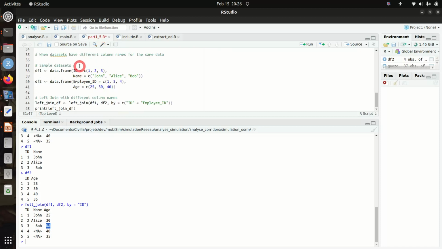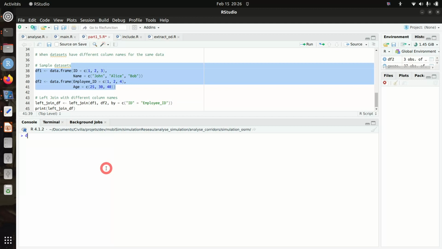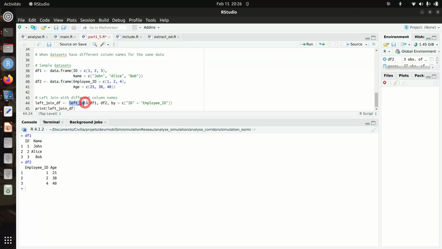Now, a case that you are going to meet quite often is when the datasets have different column names for the same data. Imagine that here you have the same table as before, so ID 1, 2, 3, and then you have another table where it's not ID anymore, it's employee ID. If you ask to match by ID, dplyr is going to tell you it doesn't work, it cannot find it. So how do we specify that? We take left join, it's the same, but when we say by, instead of saying just ID, we use a vector, so take care: by equals c, where in df1 it's called ID, equal to employee ID for the right. So we say join this table